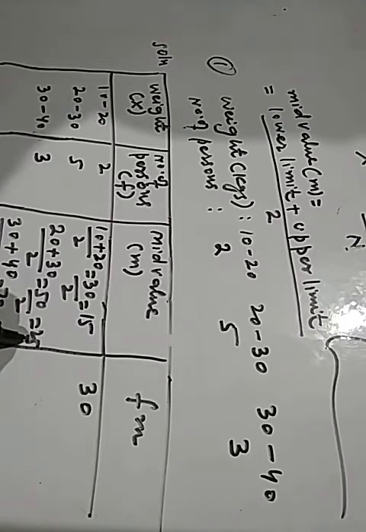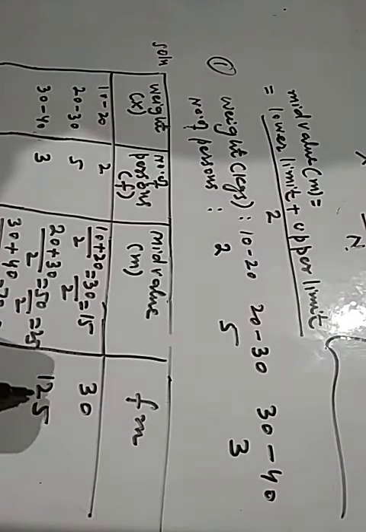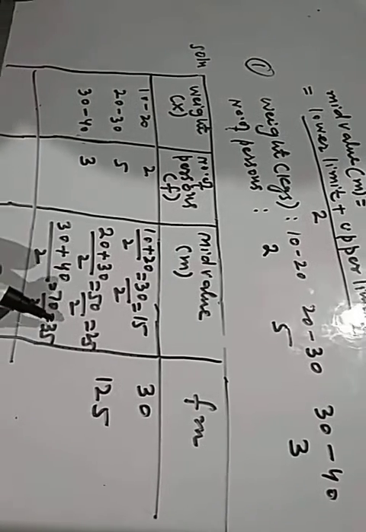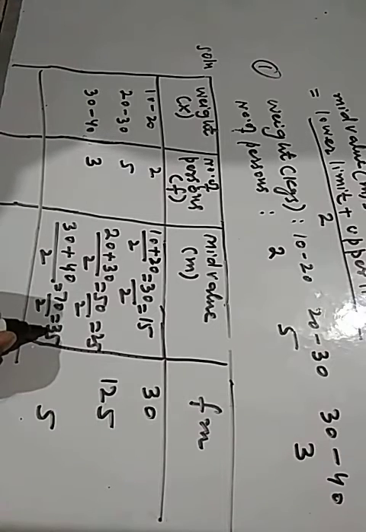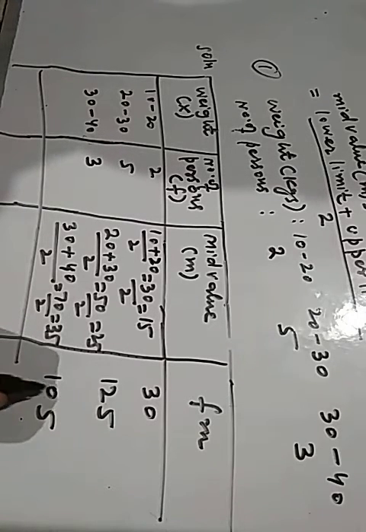Frequency is 5, mid value is 25, it will be equal to 125. Frequency is 3 and mid value is 35, it will be equal to 105. And sigma fm, that is summation of f into m,